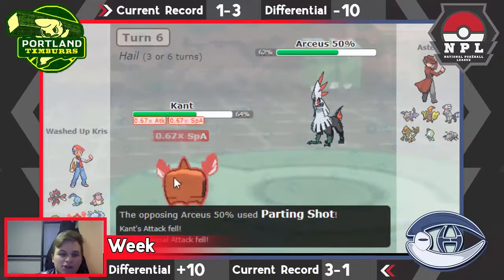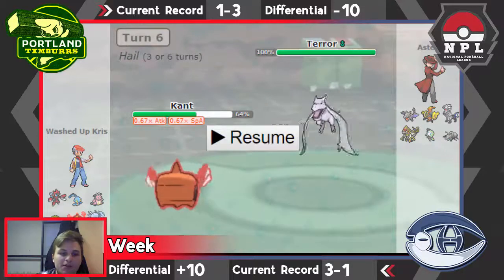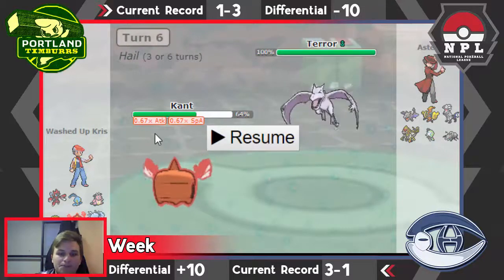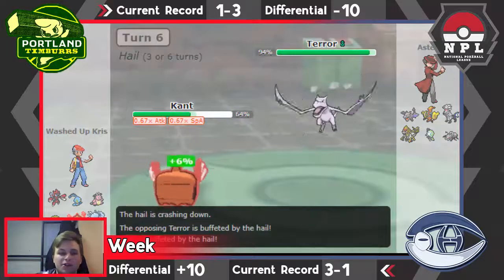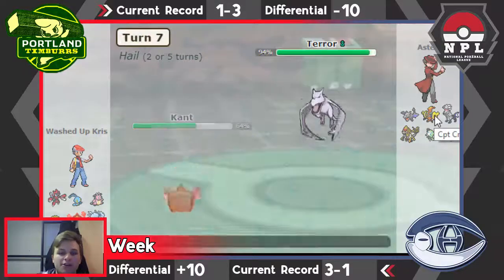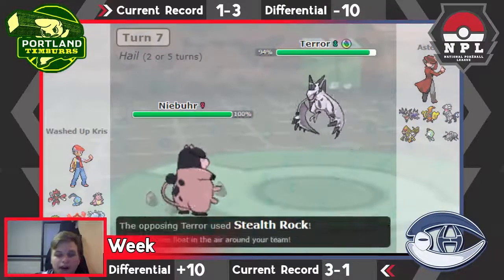But then I go into my Rotom, and that's another play that I don't think I should have made. I think I should have gone into my Manaphy there. It just would have been better for my team. It would have let me put pressure on the things I need to put pressure on, aka his Tapu Koko,